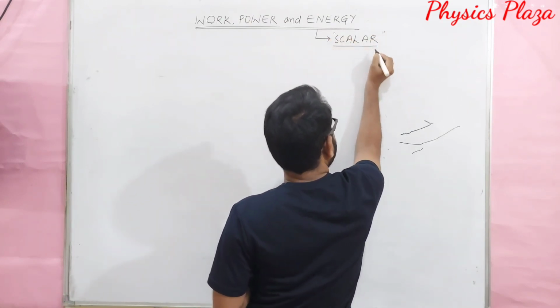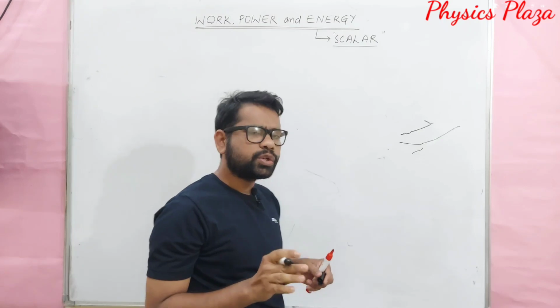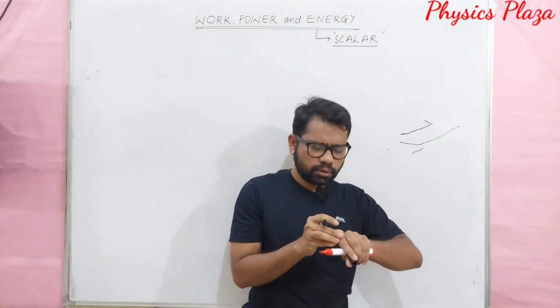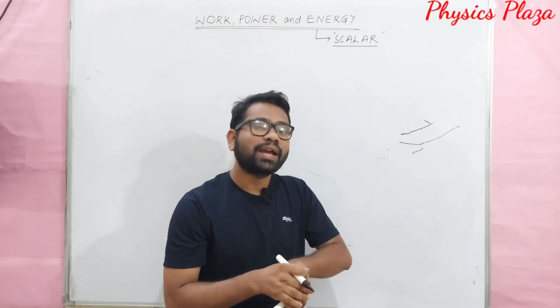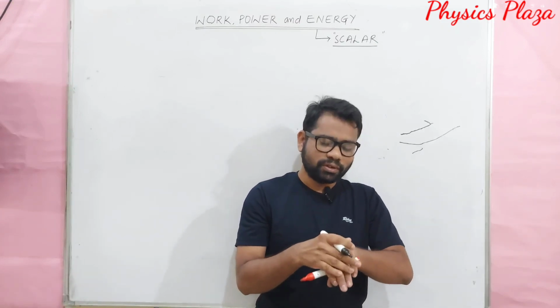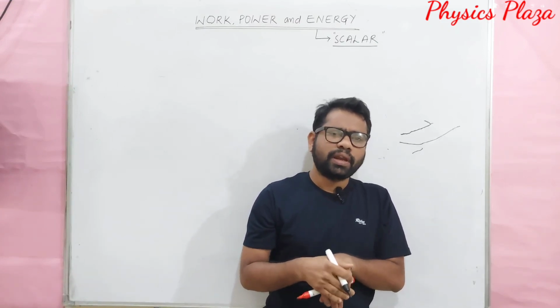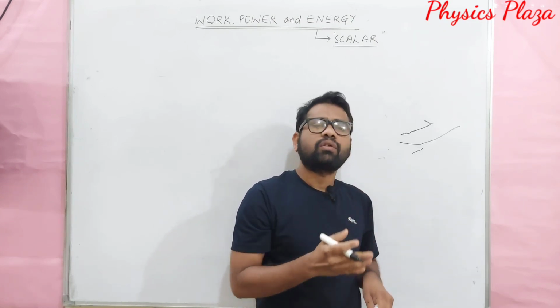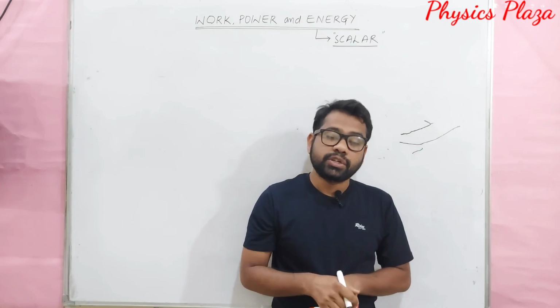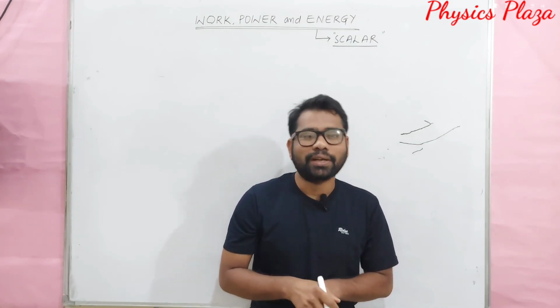What is scalar, dear children? A quantity should have only magnitude but not direction. Am I right? But then what about electric current? It has a direction and a magnitude also. Sometimes we cannot say only with the direction; we will decide whether it is a scalar quantity or a vector quantity. It should obey the law of vector addition.